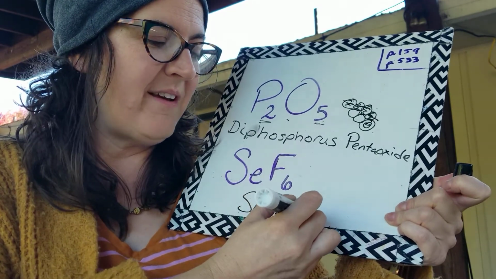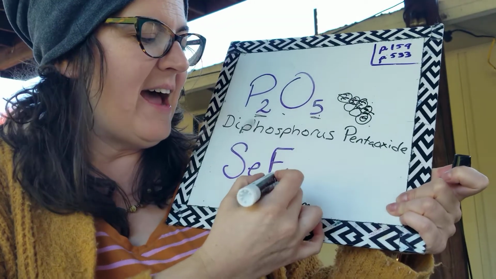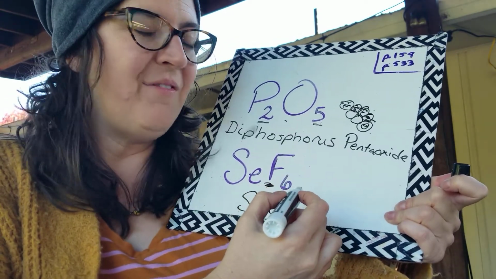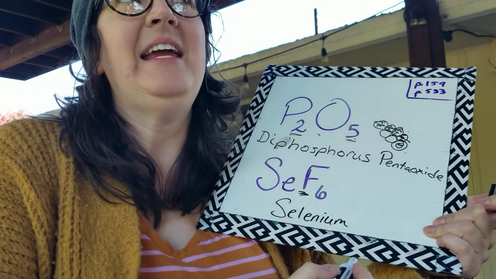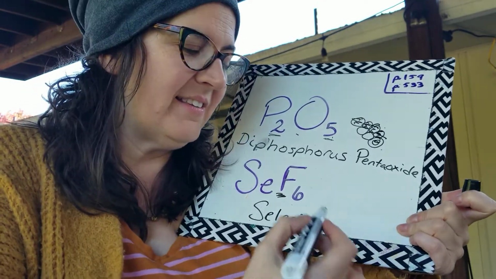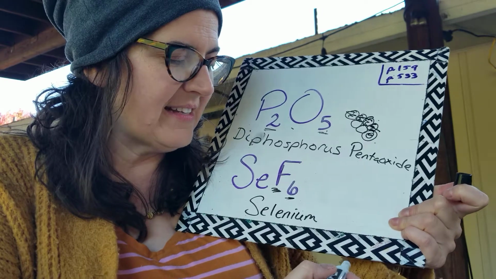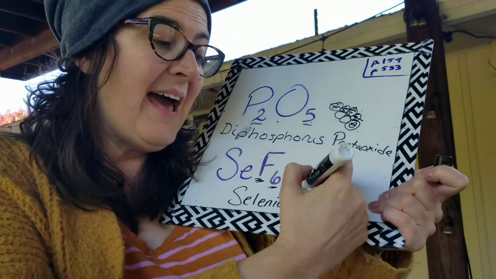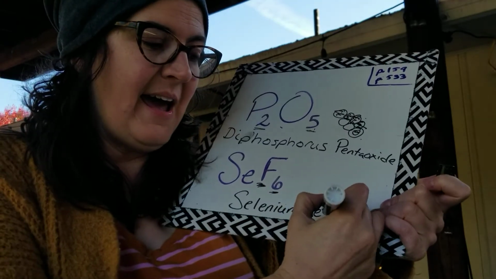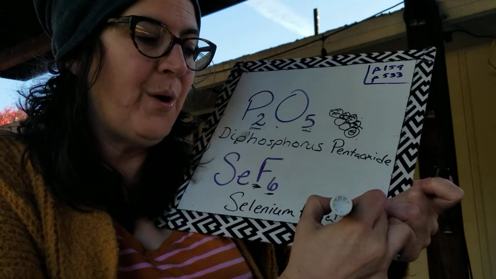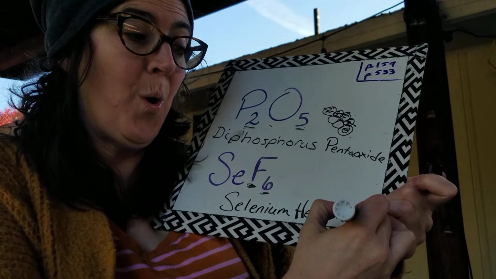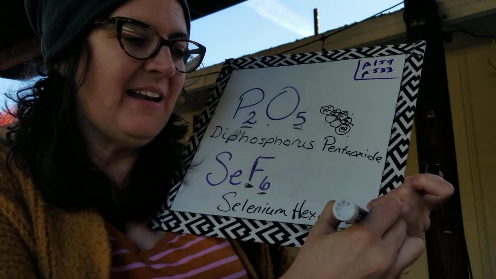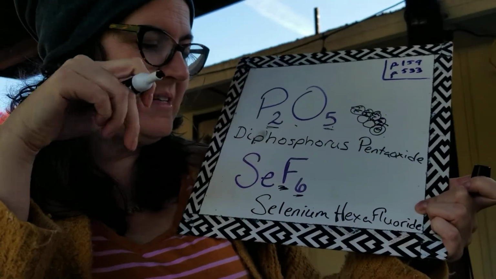I only know this because I've made this video over and over. And the F stands for fluorine. Well, fluorine gets the "ide" suffix and its own special prefix. So looking at table 5.4, 6 is hexa. So we've got hexa, fluor, ide. Get the "ide" in there so that we know that we're dealing with